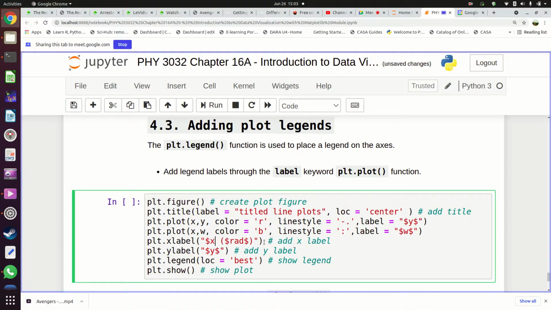Then I'll remove the dollar signs here. So if you want to add a label, this is what you have here. But I think it will be y is equals to, let me do this, x squared,